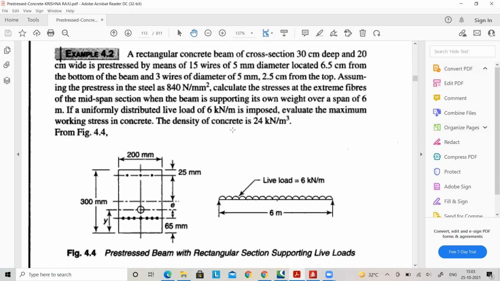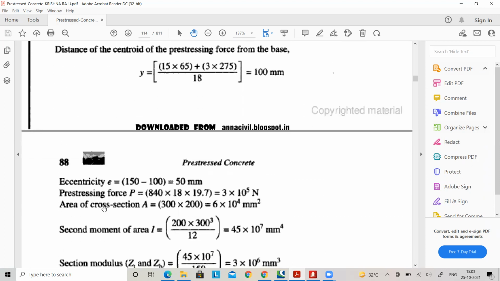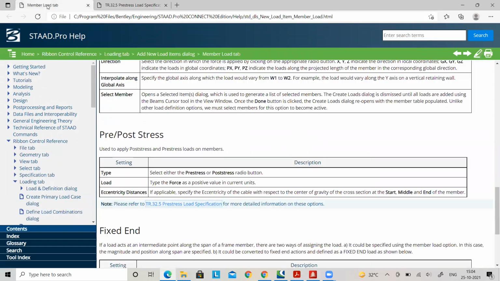Actually you can add two pre-stressing forces if you want to solve this example manually, but in software only one pre-stressing force will be considered at a time. So that's why you have to convert this pre-stressing force into a single unit. In this example they have converted, that is eccentricity is 50 mm, that is from CG in the bottom direction.